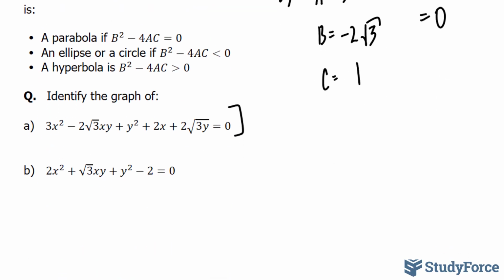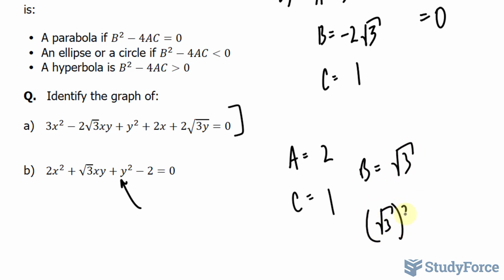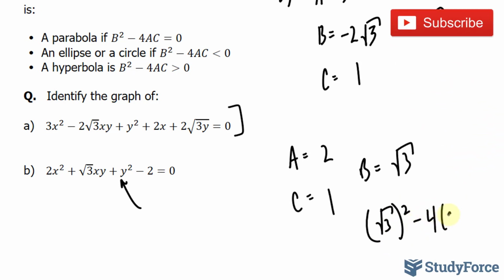We have 2x squared plus the square root of 3xy plus y squared minus 2. Identifying our A, we have 2. C is 1. That's the leading coefficient of y squared. And B is the square root of 3. Substituting this into our formula, square root of 3 raised to the power of 2 minus 4 times 2 times